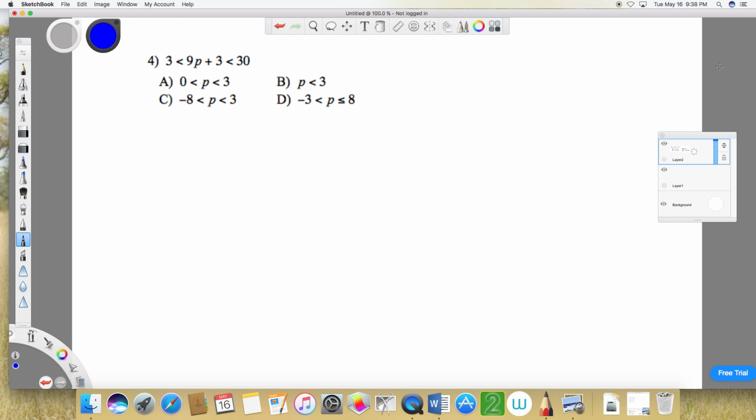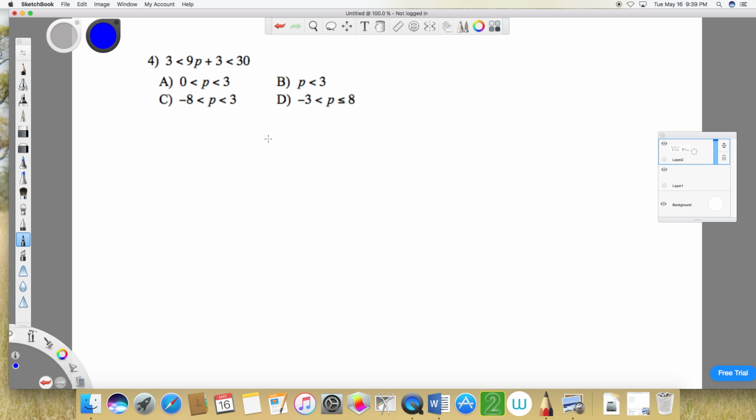Let's take a look at this problem. This is what they refer to as a compound inequality. You notice that we have three parts to it. We have a left-hand side, we have a middle portion, and we have a right-hand side. But this idea that we have with equations of balancing is still going to come into play with this compound